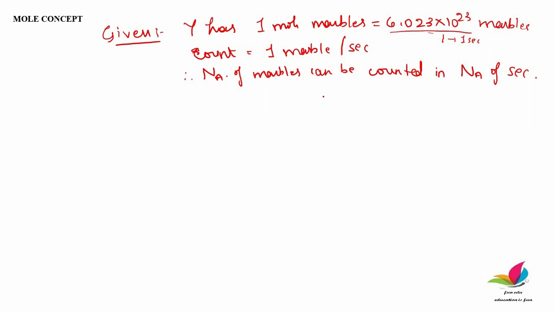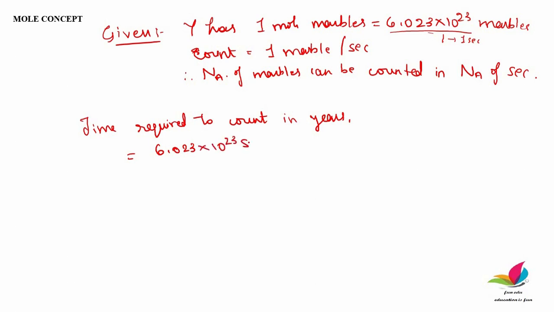So our problem is over actually, but we have to find the answer in terms of years, so just convert this into years. The time required to count all the marbles in years will be equal to 6.023 into 10 to the power 23 seconds